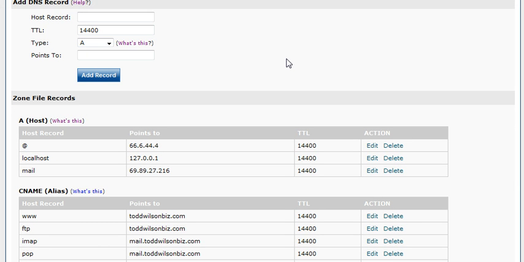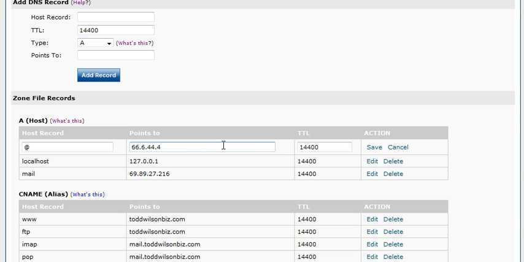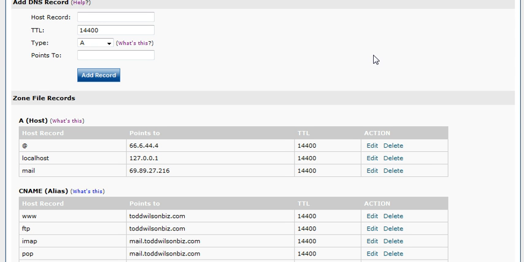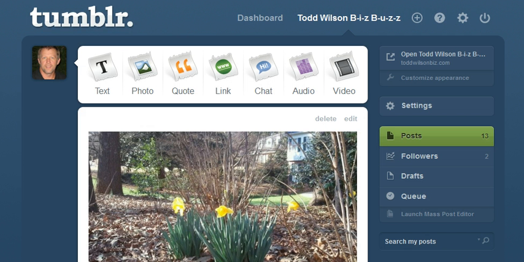When I hit that DNS record, this is where it came up, and then here the @ A host, you just go over, hit edit, and there was a different URL there, and I changed it to 66.6.44.4 and then saved it, of course. Once you do that, it takes up to 72 hours, but at that point what you do is come into Tumblr and go to settings,